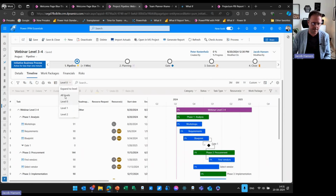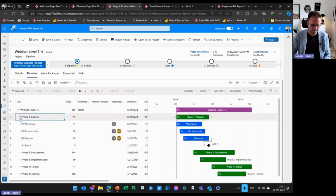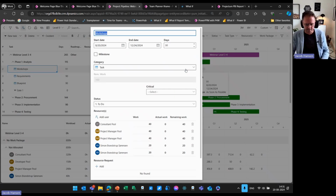Let's start high level, level 0, and identify in phase 1 that the template already has some resources connected to it. At least we have put in some demand. In my resource heat map, I can identify exactly the workload from the template and also the timing of it. Right now, I can see that no work packages have been created and nothing has been allocated. So now we need to take care of the workload column, but also start doing requests and getting people back in my allocation. To do this, let's take the example of this